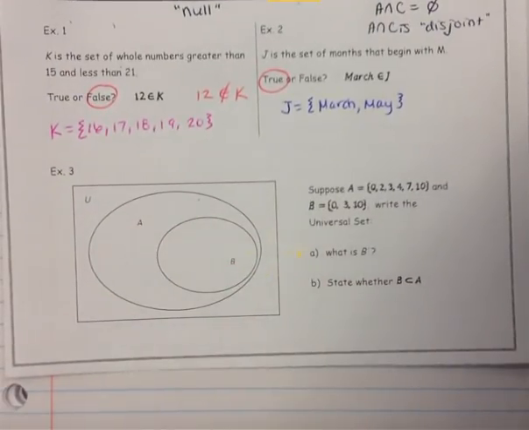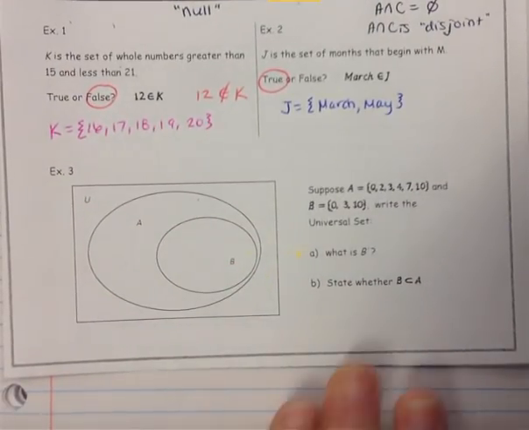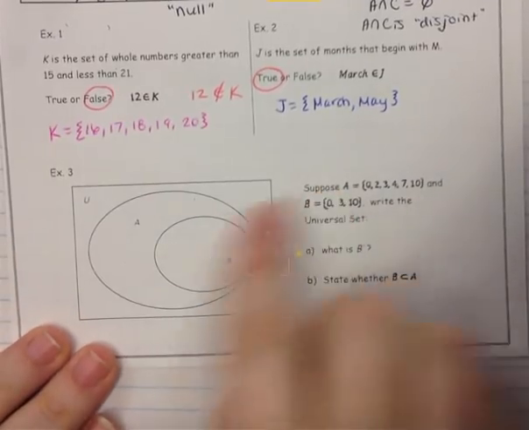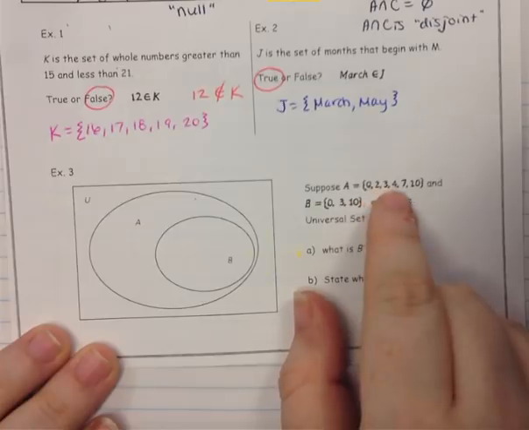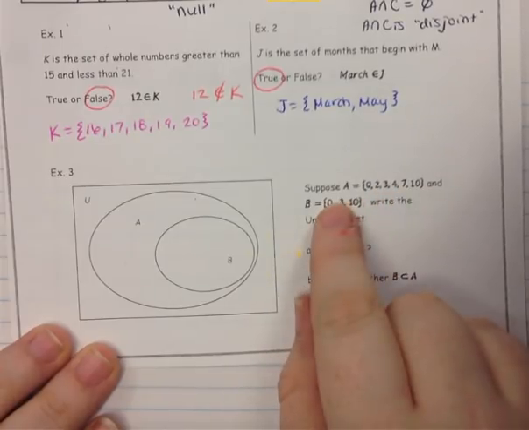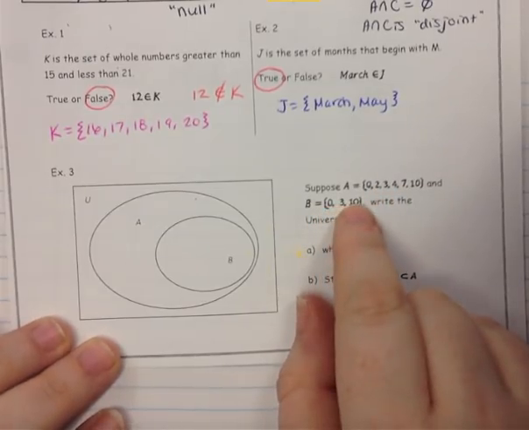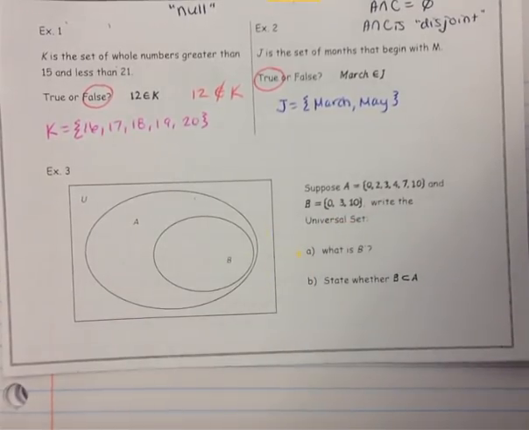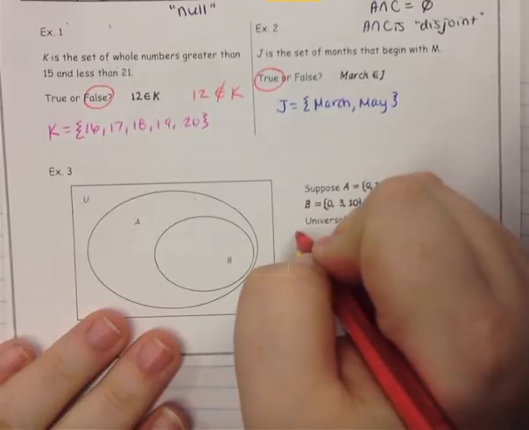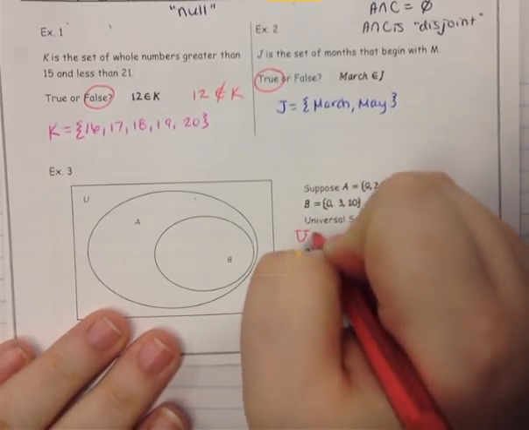This example is understanding how Venn diagrams work, because that's the next part of this. Suppose that A is the set of 0, 2, 3, 4, 7, and 10. And B is the set of 0, 3, and 10. Write the universal set. So the universal set, we write out with the U with the lines on top of it, is equal to